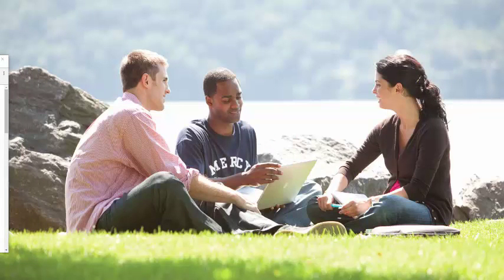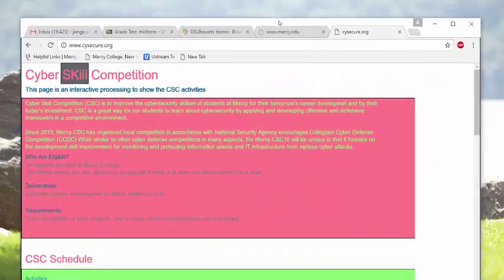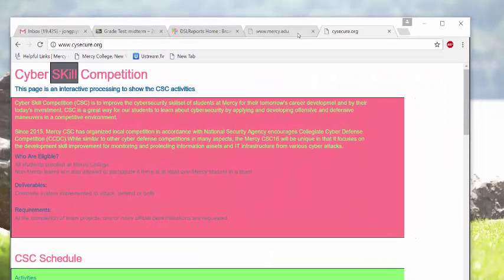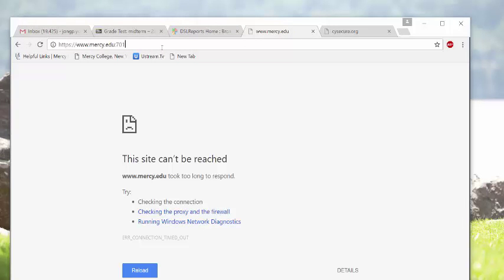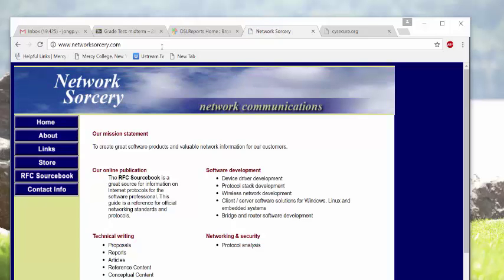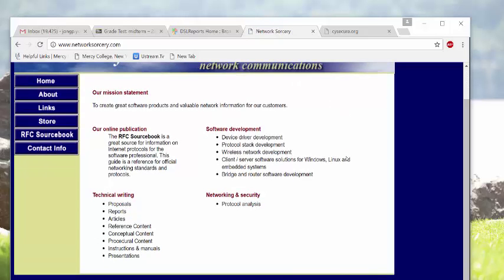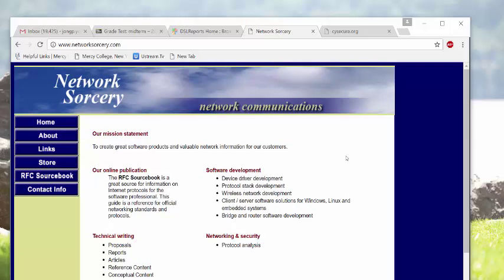So let's go there together. Oh, now it is available, which is good. What I want to share with you, if you see here, RFC source book,